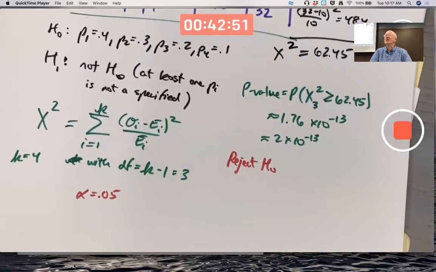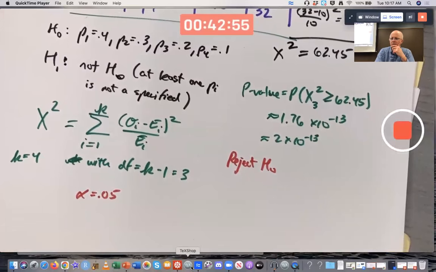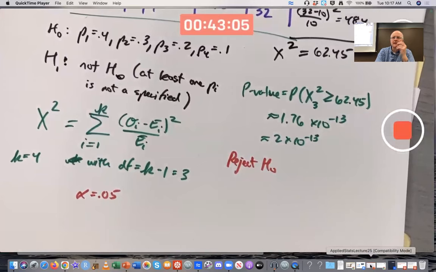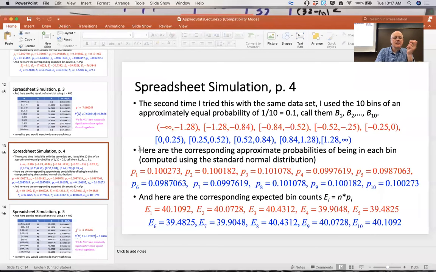I'm not going to go into details here, but I'm going to share a PowerPoint with you that shows you can also use the chi-square test to test a null hypothesis that a random variable takes on a certain continuous distribution. This is the PowerPoint I'll share with you,